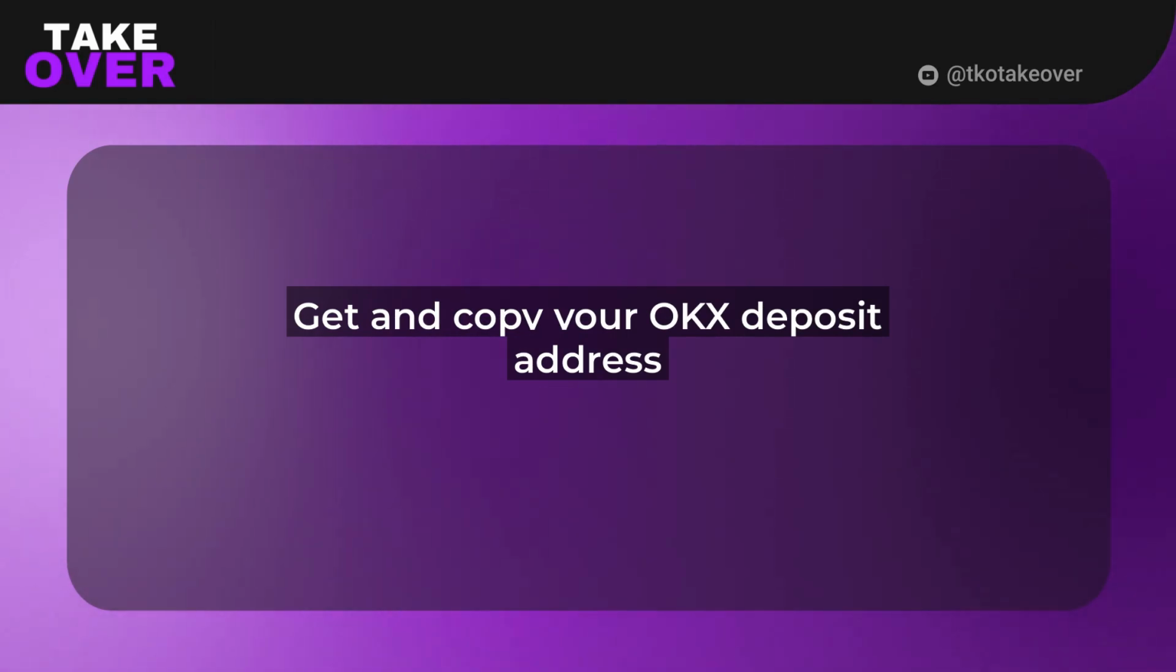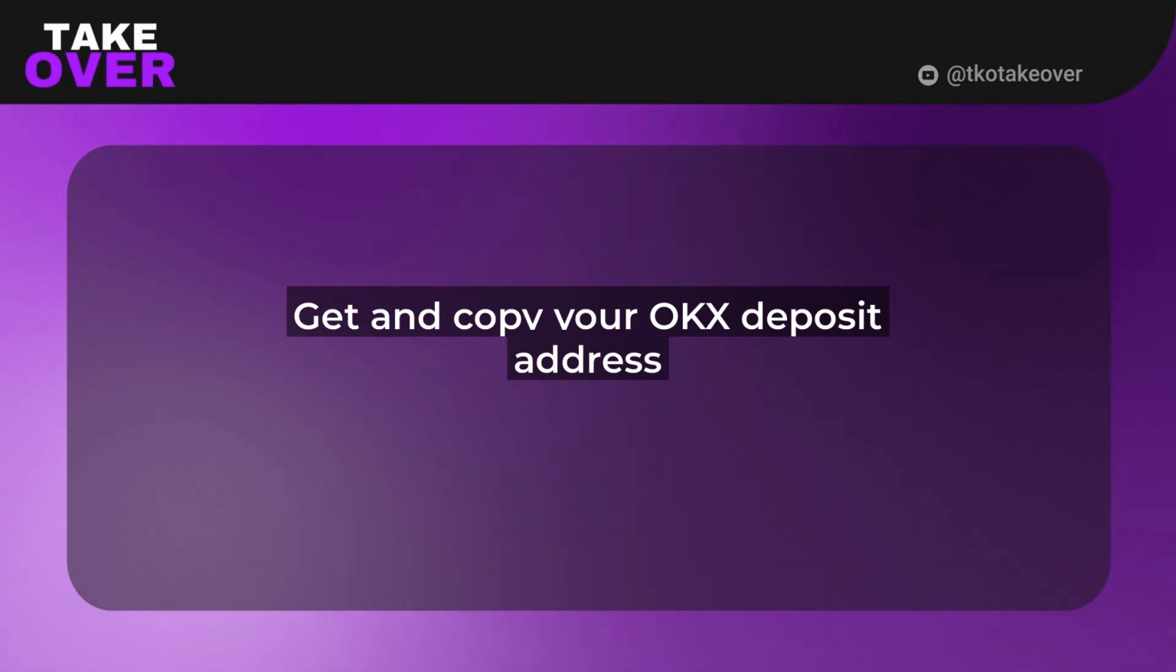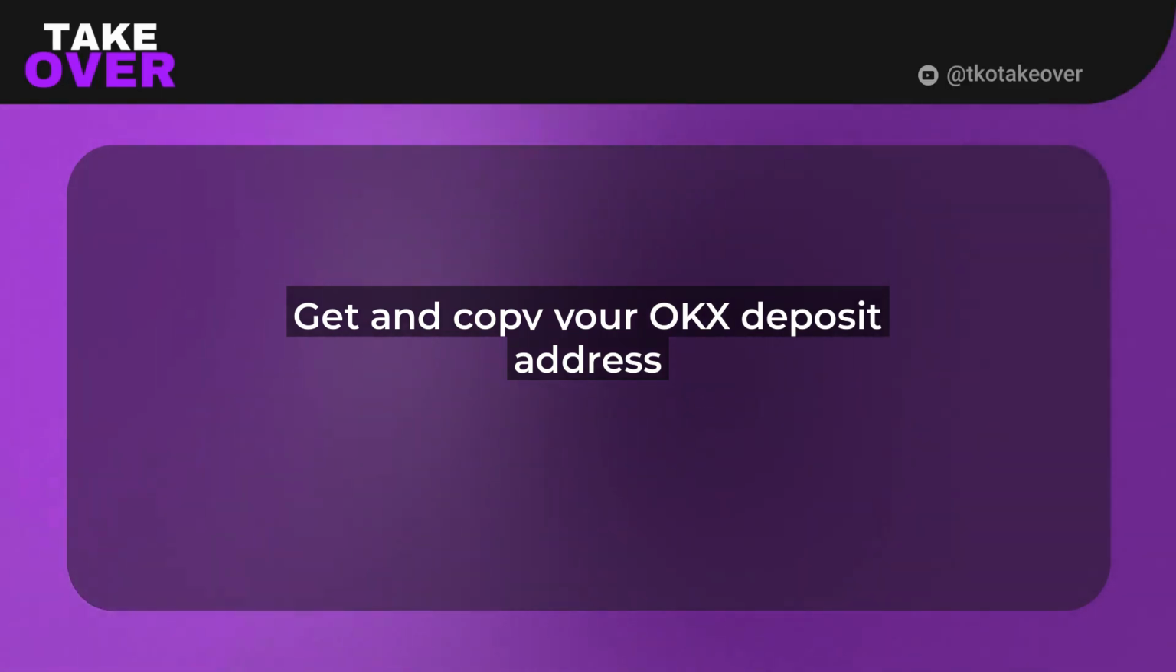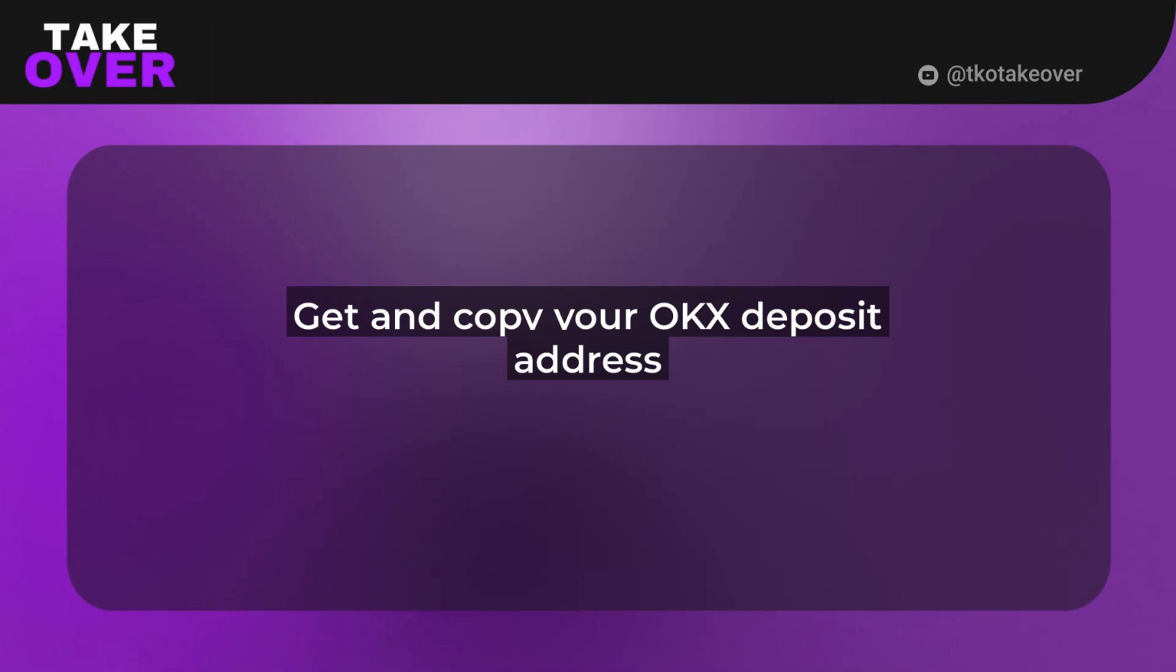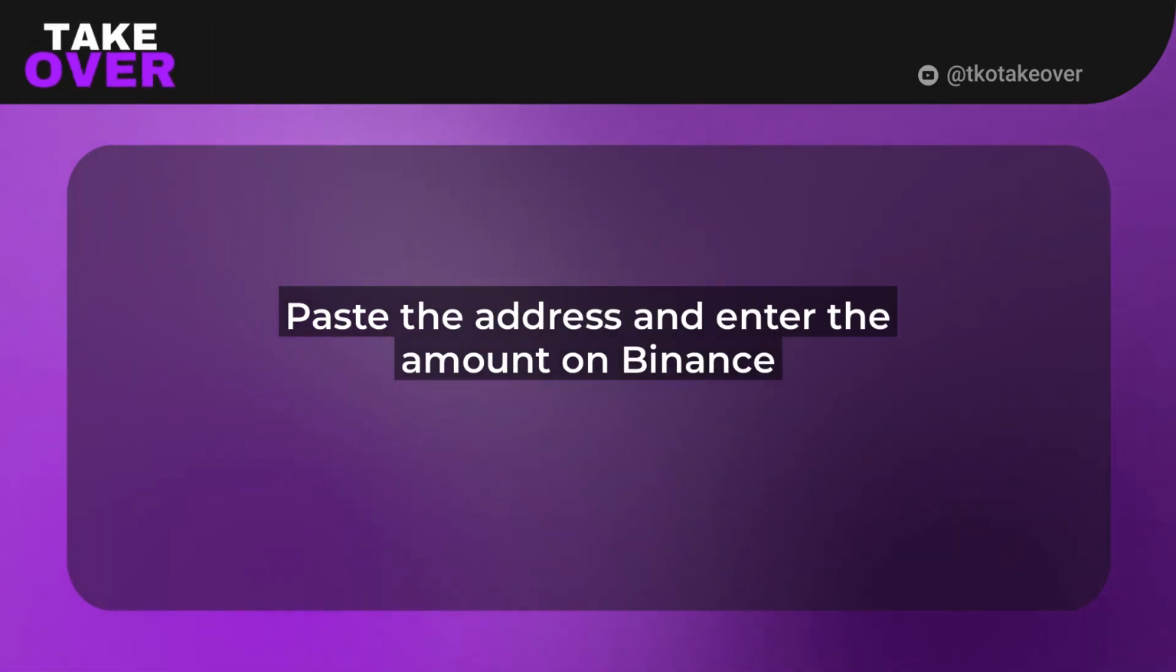Once you've selected the network, you'll need the deposit address from OKX. Log into your OKX account, go to the Assets or Deposit section, select USDT, and choose the same network you picked on Binance. Copy that address, don't type it manually to avoid errors. Back on Binance, paste the OKX address into the withdrawal form, enter the amount of USDT you want to transfer,